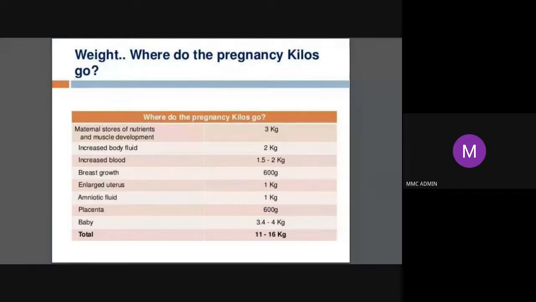No. So in that situation, you are only going to see whether the baby is growing by doing a clinical examination, seeing the height of the uterus, by doing a scan and all that. You're not going to ask her to become more obese. So basically, the bottom line is that the weight gain during pregnancy should be based on the pre-pregnancy BMI. Suppose she is very thin, you can ask her to gain more than 11 kilos also, up to 18 kilos she can undergo. So this slide is just telling you from where all this increased weight is coming from. So the total is 11 to 16 kilos it says.